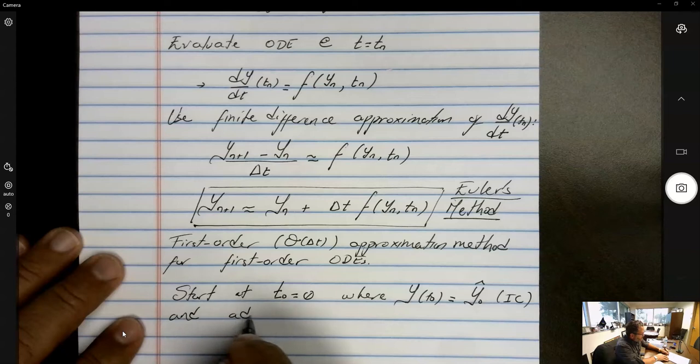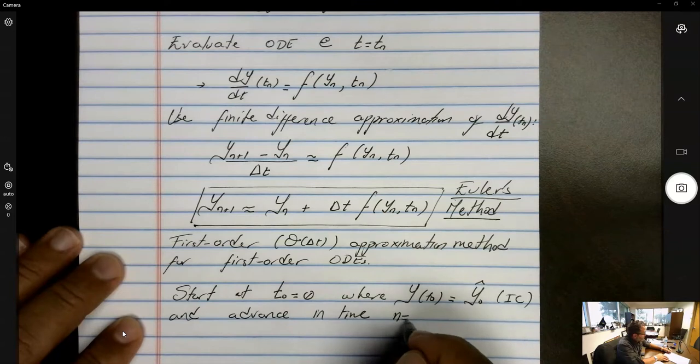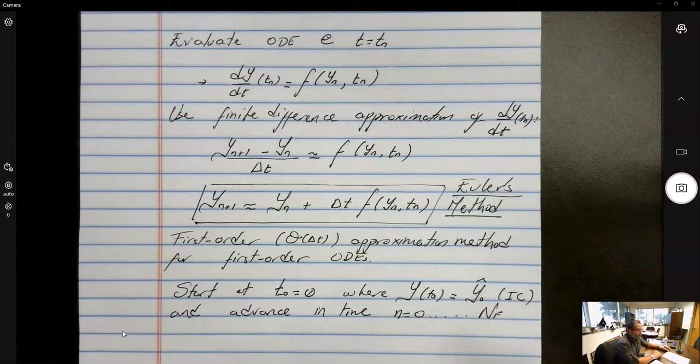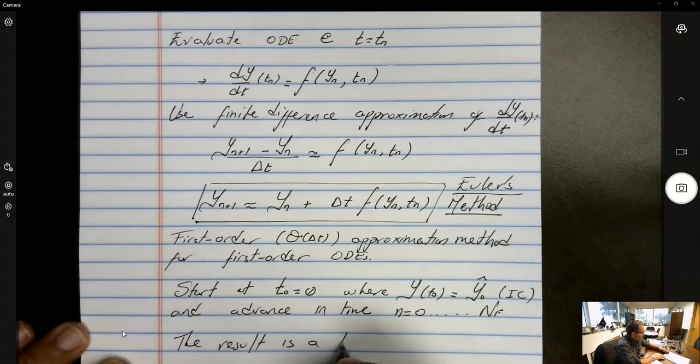And advance in time until a final time has been reached. You decide a priori how many time steps you're going to take, how much of the solution you want to know from the initial condition. You cannot know this forever. You cannot know this to time infinity, even though the solution theoretically exists all the way to time equal to infinity. You can only seek the solution numerically all the way to a preset value of time, a maximum value of time. The solution, or the result, is a discrete